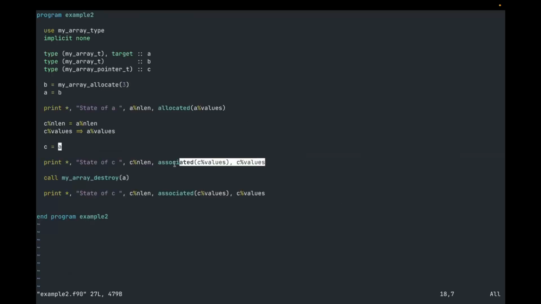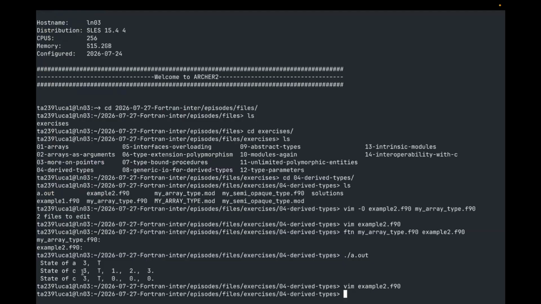So that works. So at this point, we would want to see C matching A, and we get the values in it. We get 3, it has a size of 3, it is assigned, and the values in it are 1, 2, and 3. So that works as it should,